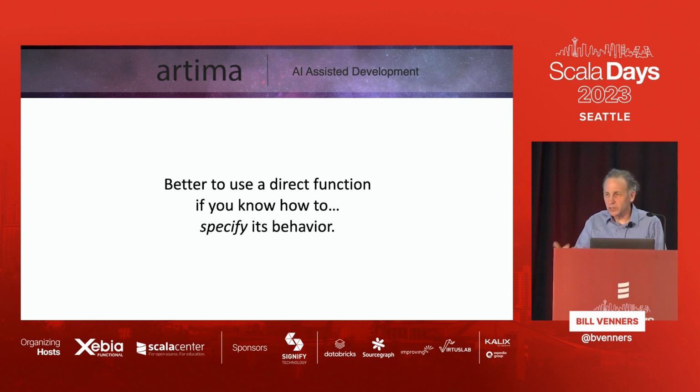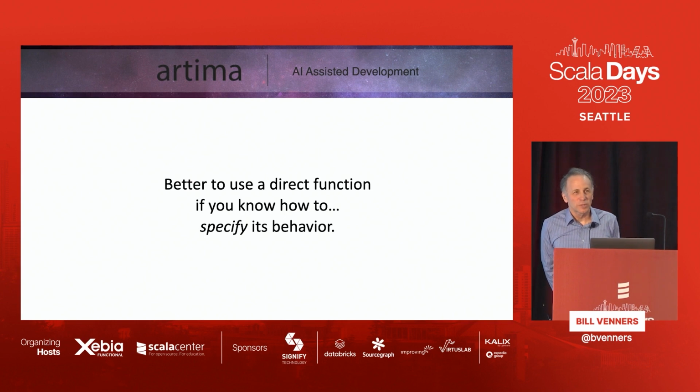The obvious conclusion from this is that we shouldn't use these by default. We should use them when we can't do it the other way, which I call direct. And I tried to think about how to say this. The first thing I thought of was, if I don't know how to implement the thing directly, then you should use a neural network. But a lot of times I don't know how to implement it to start with. So I came up with specify. If I can specify its behavior, then I should try to implement it directly.